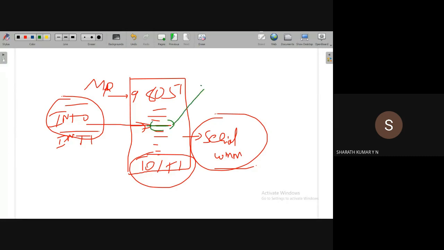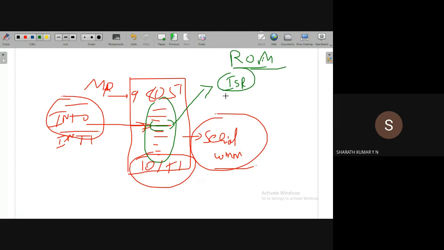Then it will jump to what is known as the ISR, interrupt service routine, which is stored in the internal ROM space of the microcontroller, where the regular program is stored. In the same space, the interrupt service routine is also stored.